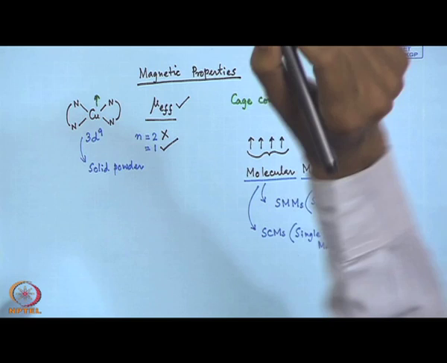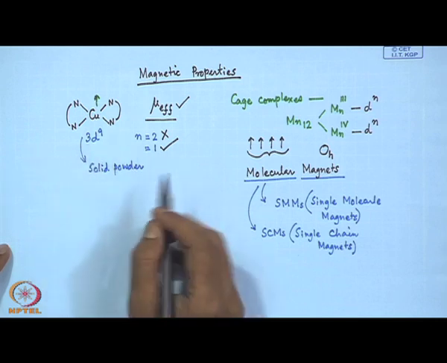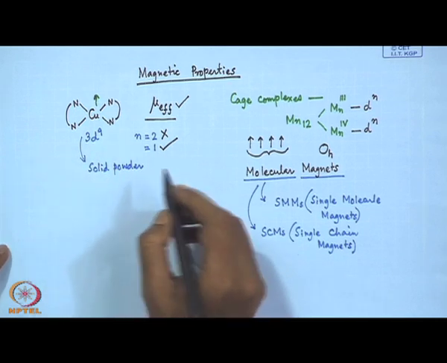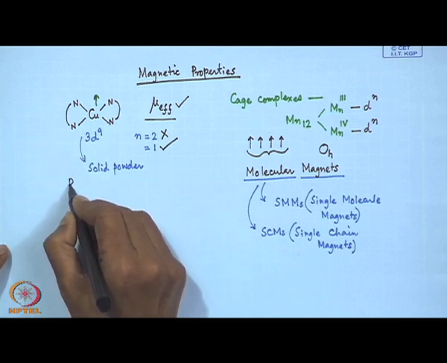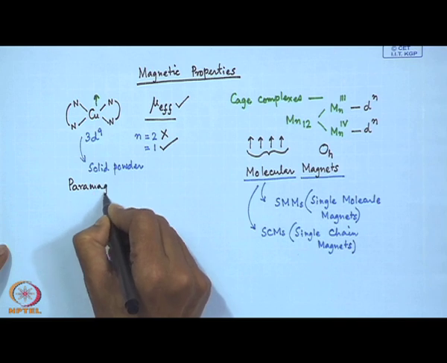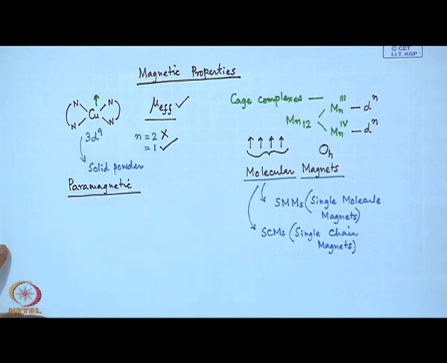For an n equal to 1 system with one single unpaired electron, we can determine the corresponding paramagnetic behavior. So, we get a compound which is paramagnetic in nature,